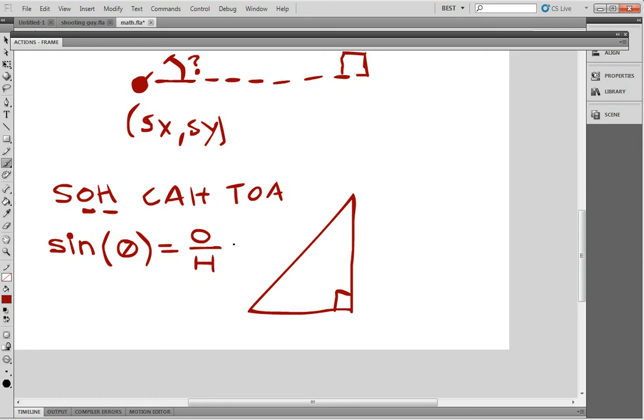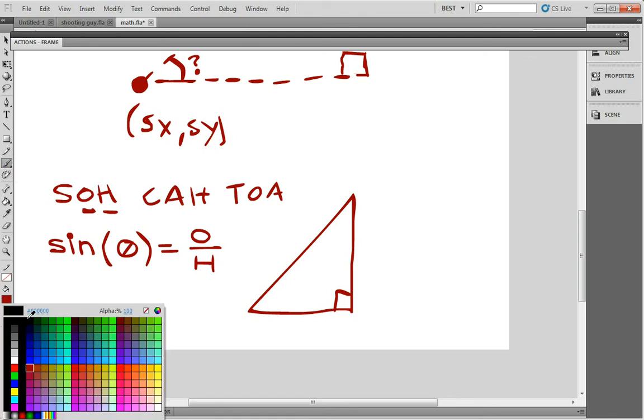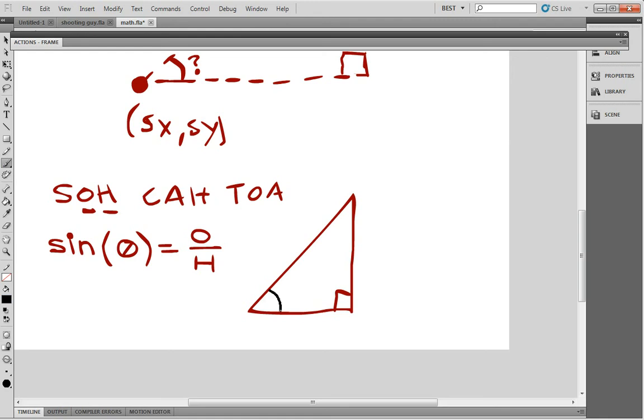The hypotenuse is the longest one, right? Yeah, it's the longest one. So for example, if this is my angle, this side, the opposite side to the angle, divided by the hypotenuse is equal to sine of this angle. I will just show you an example. If I have, I don't know, 30 degrees right there, and this side is 10, and I want to know this side,